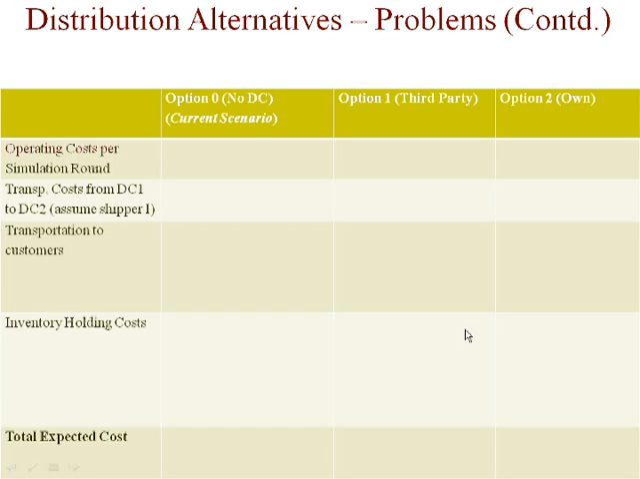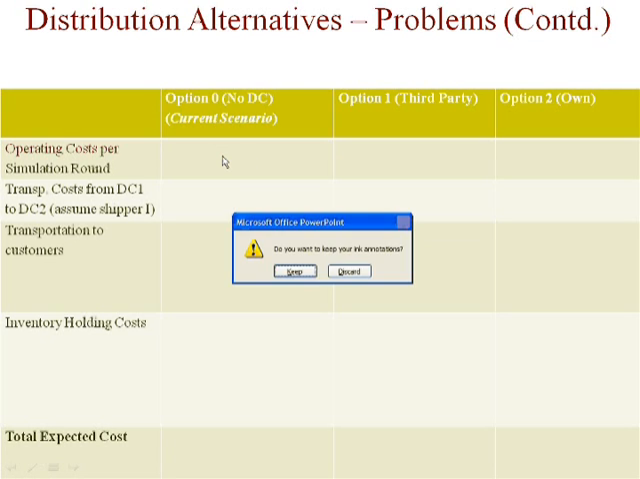Now in this slide we have three options: option 0, option 1 and option 2, and we will calculate the total expected cost by considering operating costs, transportation costs from DC to DC if there is a DC there, and transportation cost to customers depending upon whether the DC is available or not, and finally inventory holding cost will be added to the calculation. So operating cost per simulation round,